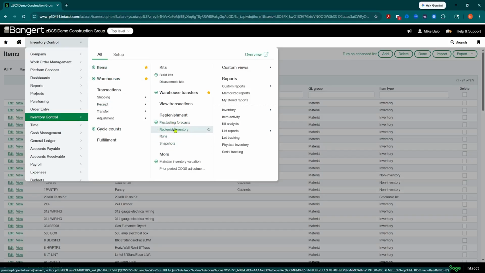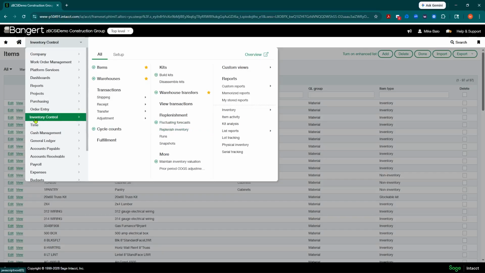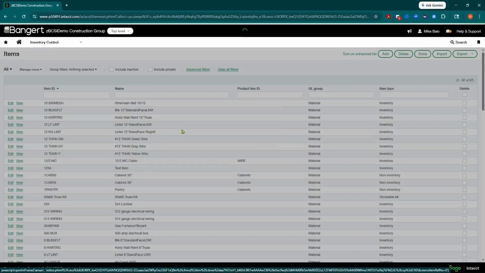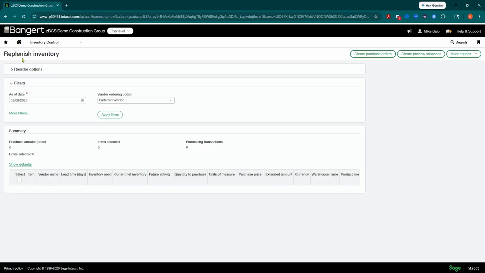One thing you do want to make sure before you get into this is that you have the correct security set up for the users to be able to do this. So make sure that if you're configuring this for the first time, that you go look at your user subscriptions and make sure the roles have all of these features set up for it. I do. So I'm going to go ahead and click here under inventory control, on replenish inventory. You could favorite this. You could put it on a dashboard. But if I click on replenish inventory, that's going to take us into the replenish inventory screen.